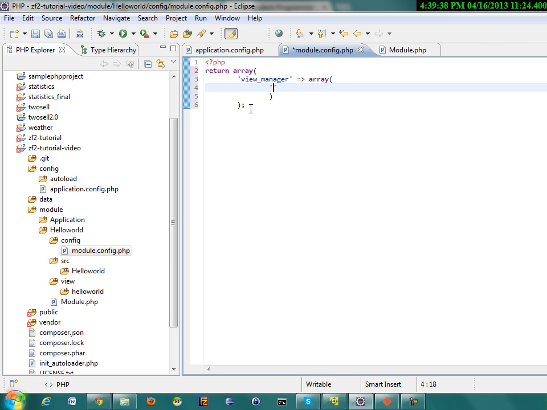And in the view manager we just need to give the path of the view directory, and this should be named template path stack, and we should keep the path in an array. So the array is the directory, and with the directory